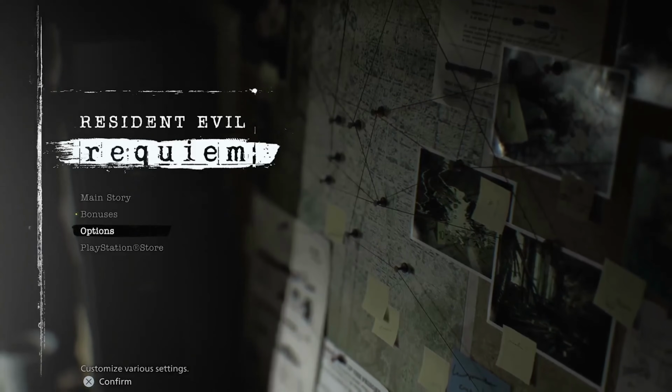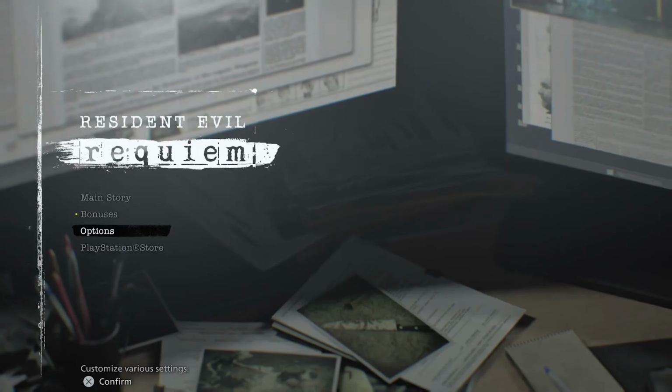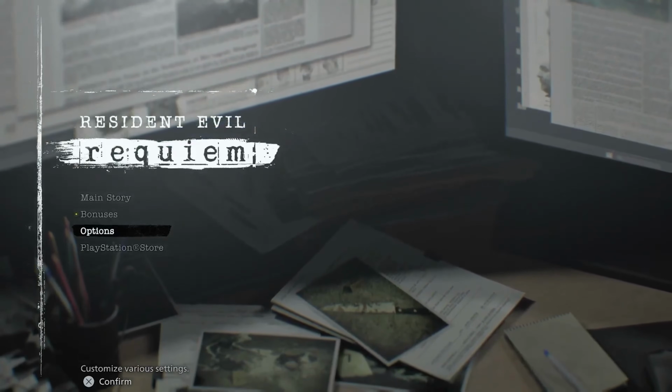In this guide, we're going over how you can turn on ray tracing here in Resident Evil 9 on a